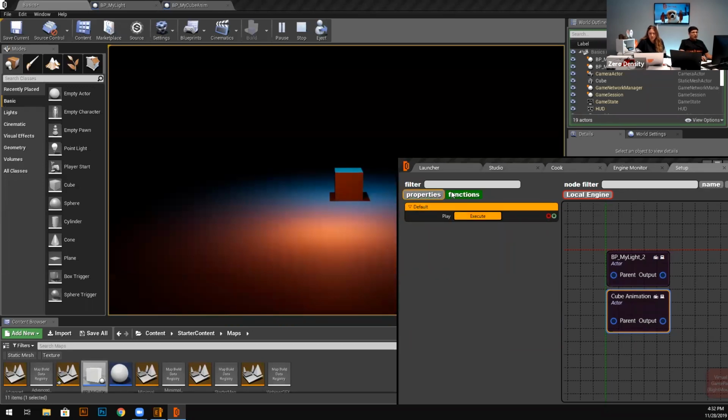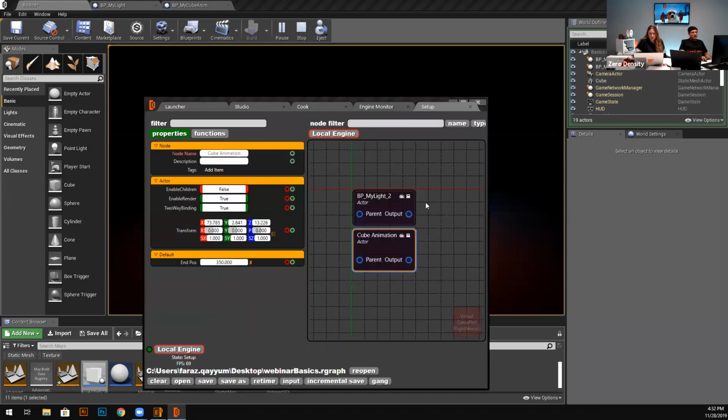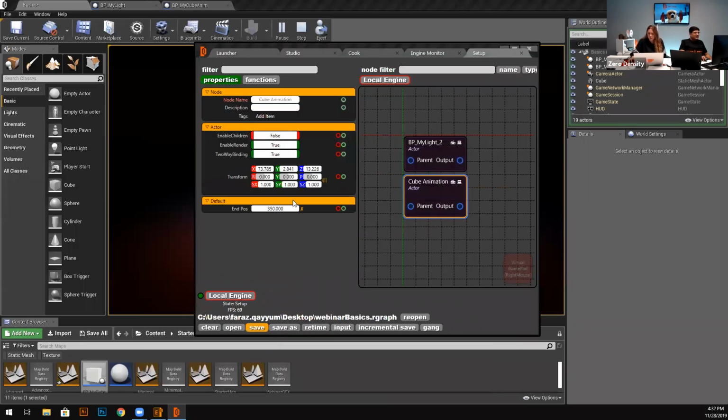Yes. Now you see that every public variable becomes a property for the R graph. When I hit the play button, all the public functions, all the public events, all the public properties are exposed to the R graph in order to manipulate them in real time. When I hit the save button, all the properties are saved with the R graph. So you don't have to remember the initial value or end value for the last production that you did. So I just save it,